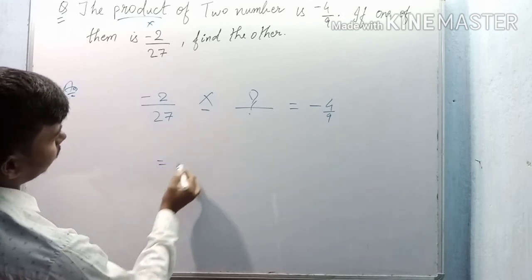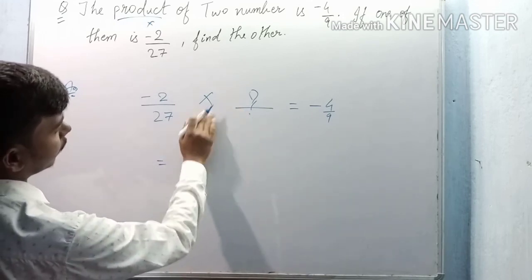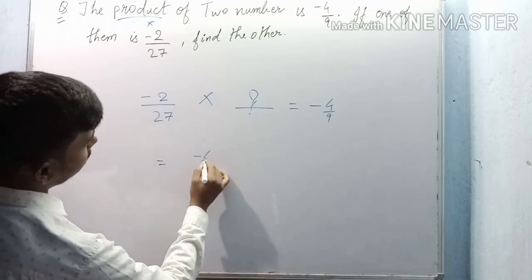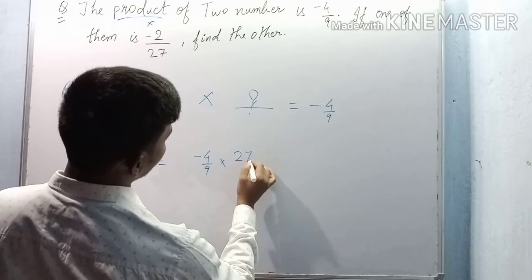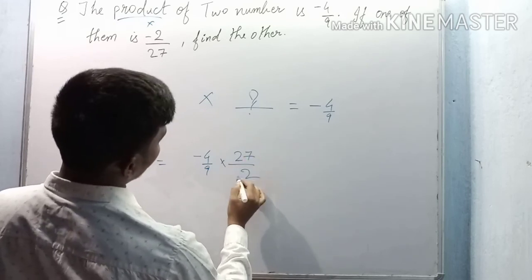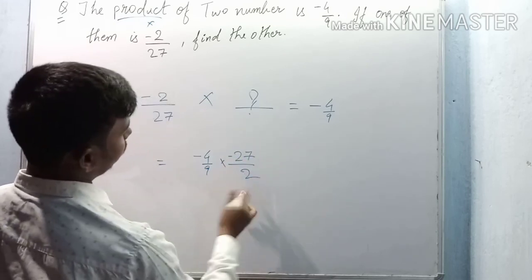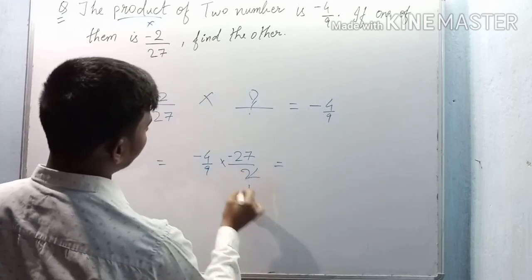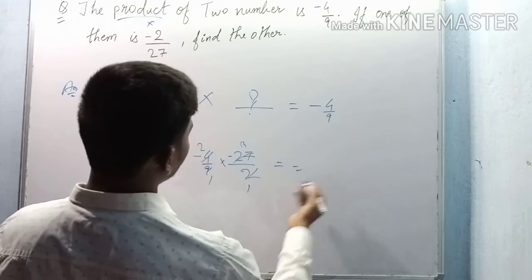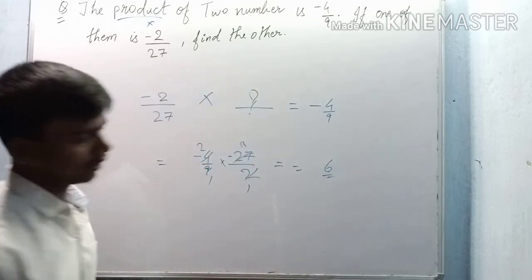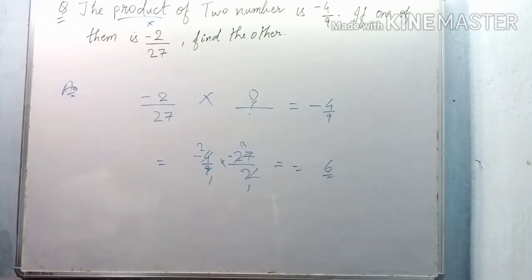Multiplication sign is there. So minus 4 by 9. This is in multiplication, it will go this side as division. So it will become numerator and this will become denominator. But the minus sign will be there in the above only. So 2 1s are 2, 2 2s are 4, 9 3s are 27. So minus minus plus, and 3 2s are 6. 6 is the answer. Simple. The question was very simple. The question was asking what?